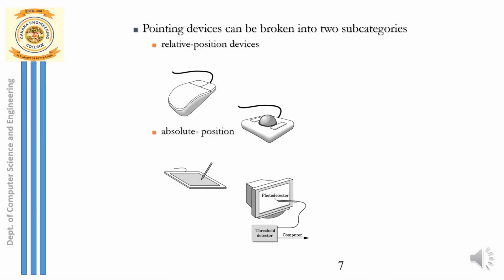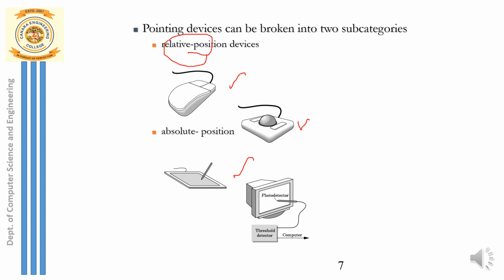The pointing devices can be broken into two categories. We normally call the mouse a pointing device. We have several other pointing devices as well, just like this. We have a light pen also. We have something called a joystick also. You might have used all of these, right? So these are all called pointing devices. Why do we break it up into two categories? It depends upon the value that it returns.